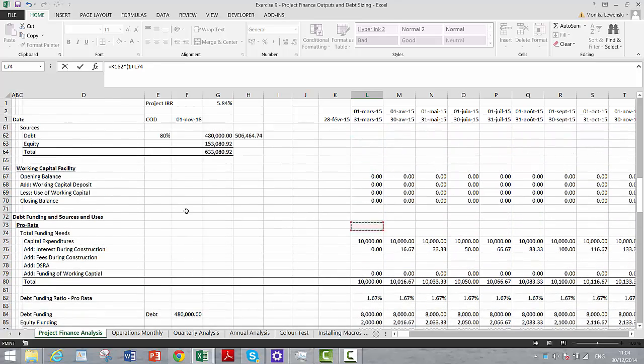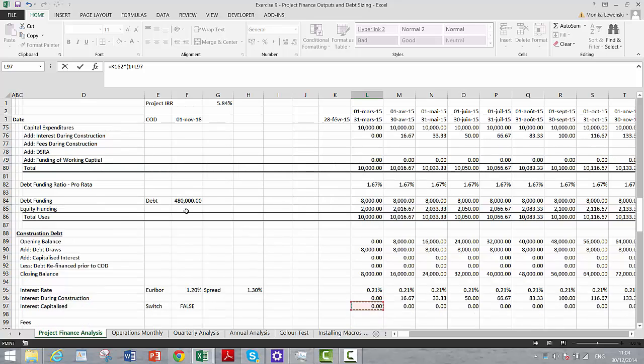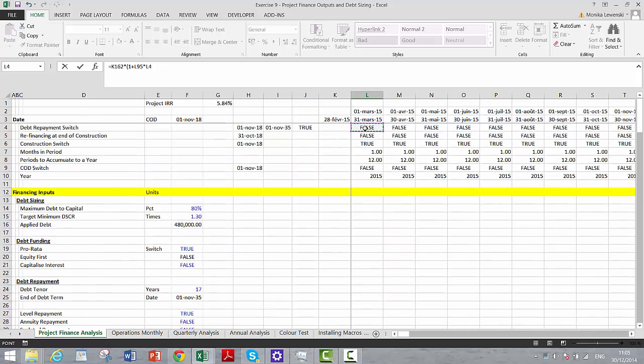And where can we find the interest rate? Here's the interest rate. And we don't begin doing any present valuing until the project is being paid off. That means until